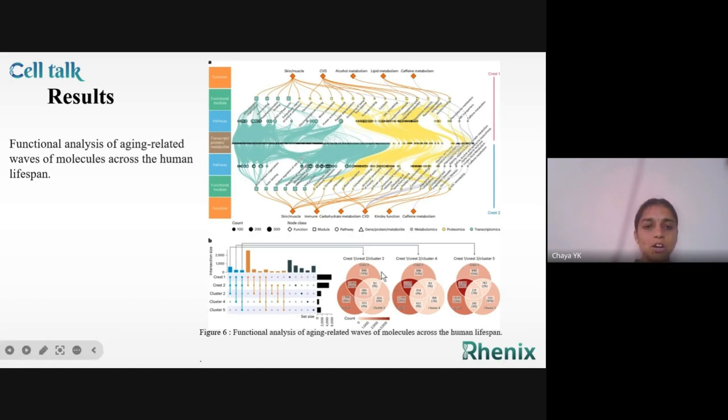And coming to the circular diagram, it shows the exact number of shared pathways between crest 1, crest 2, and clusters 2, 4, and 5. The red areas indicate common pathways, and their count is written inside. And the key insight suggests that while crest 1 and crest 2 share some pathways, each also has unique pathways. And additionally, certain pathways overlap with clusters 2, 4, and 5, emphasizing their significance in the aging process